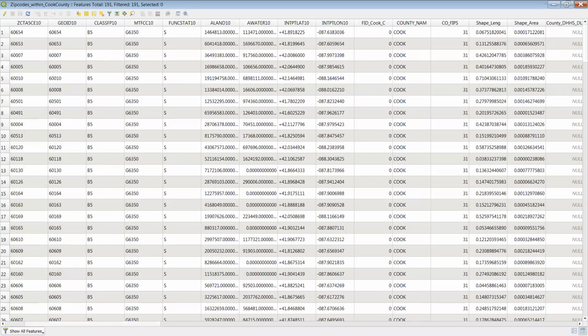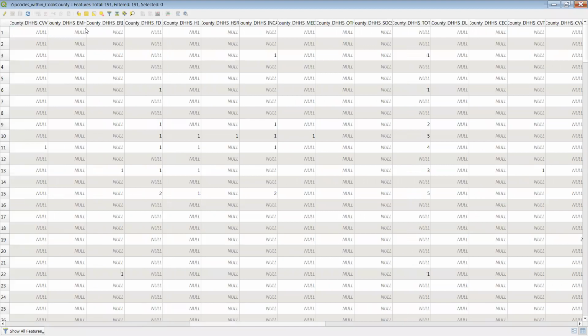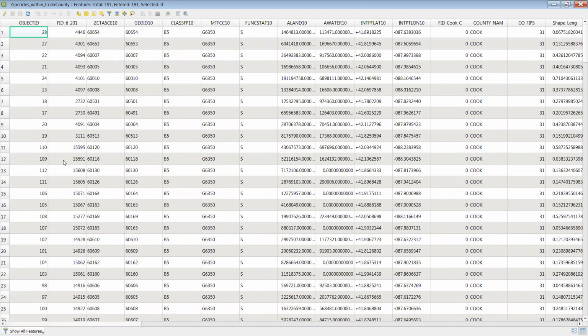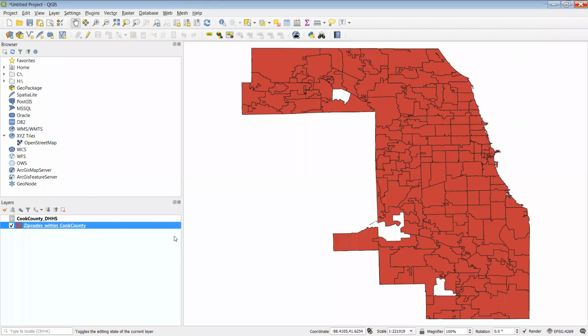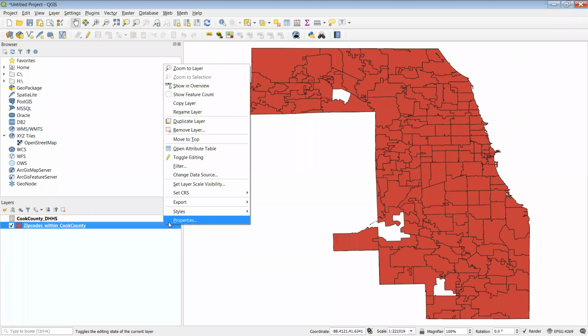So the way you can tell, see all these columns that start out with Cook County DHS at the top. And I just want to make sure there are some numbers here. So obviously not all zip codes are represented, but at least there are some here that I can tell are successfully linked. So I'm going to go back to properties